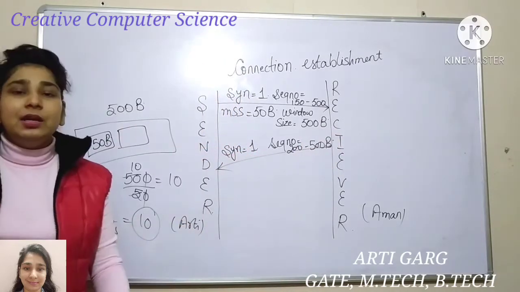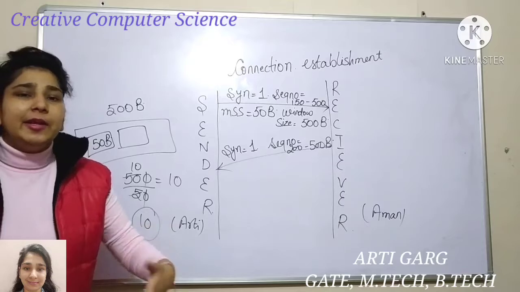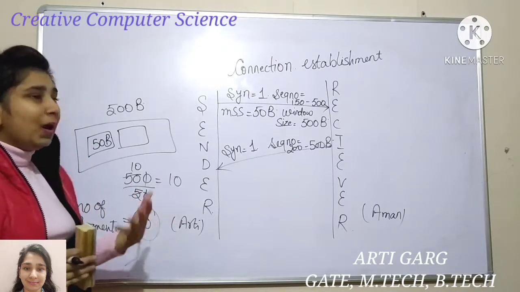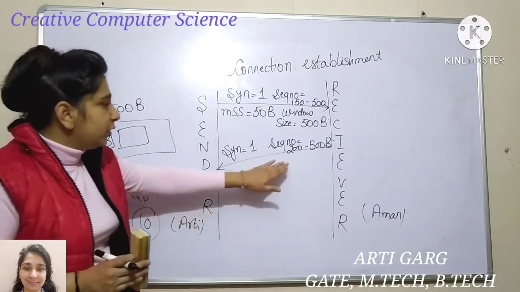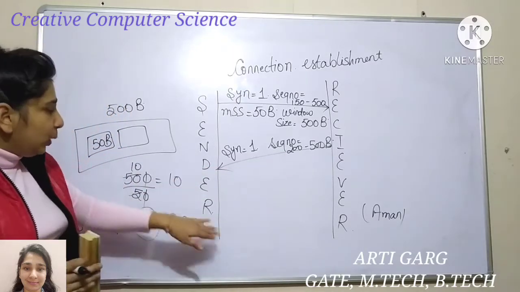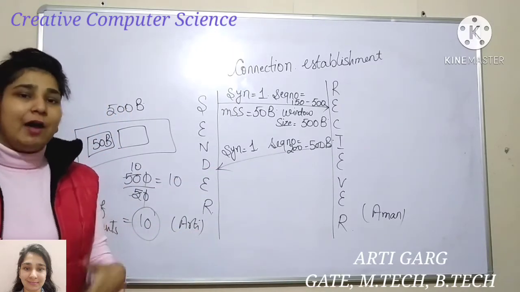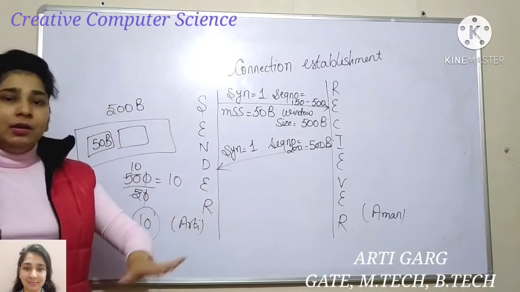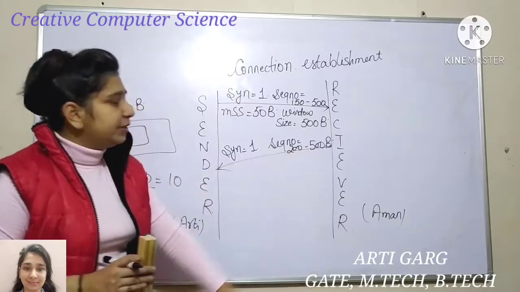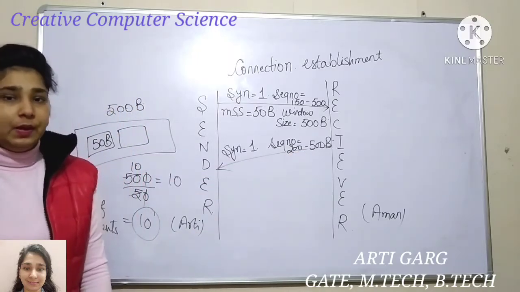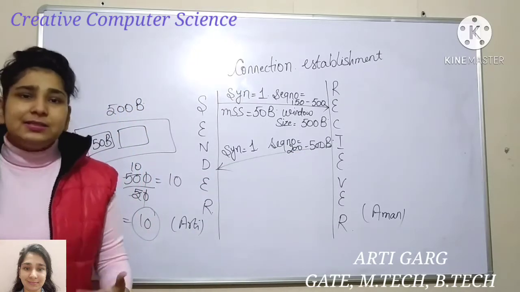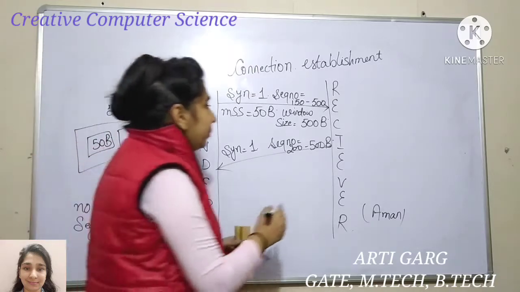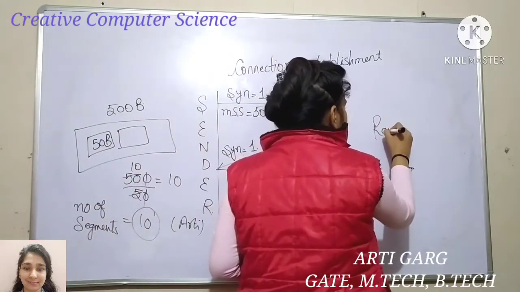they are just sharing the information about what the first byte of your data should be when they send the data. It says that when I send you data after the connection establishment phase, my data is ranging from 200 to 500. And the first sequence number which every machine chooses is basically a random sequence number.